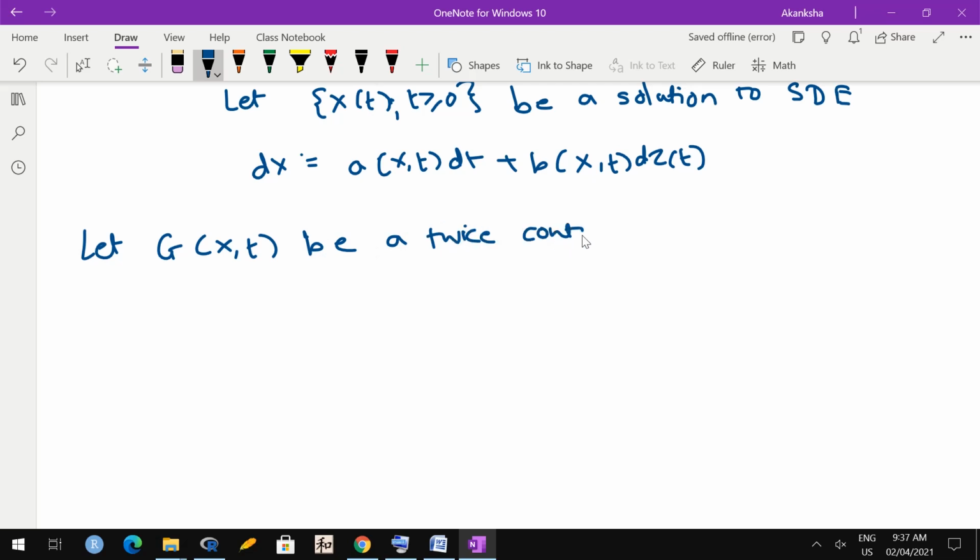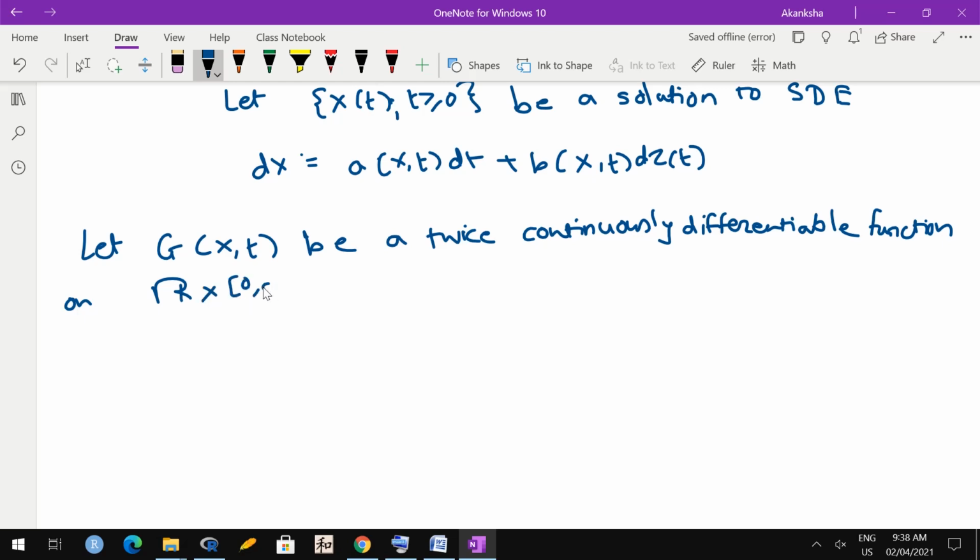It has to be a well-behaved function, then only can we say something. So let this be a twice continuously differentiable function on R cross (0, infinity), because x can take any value in R and t can take positive values. Then